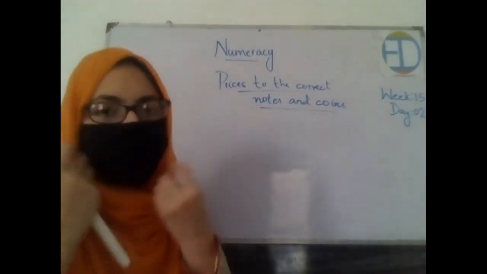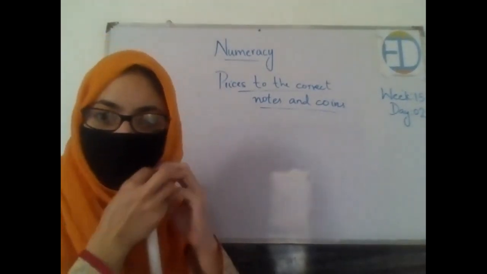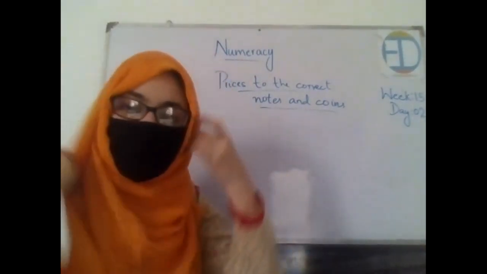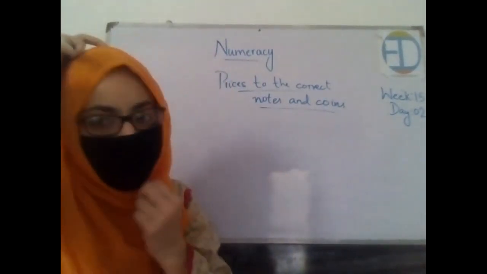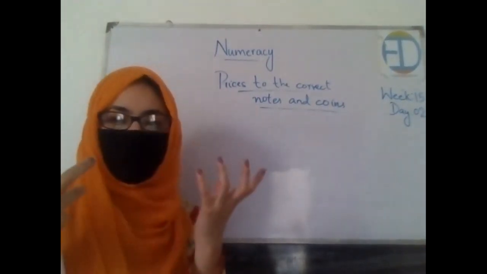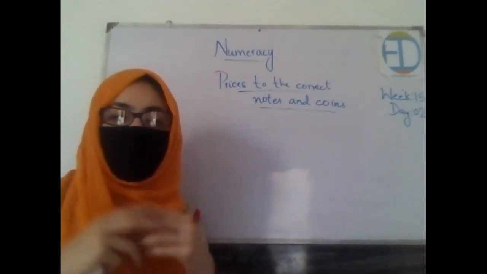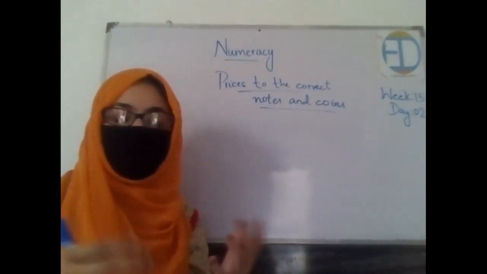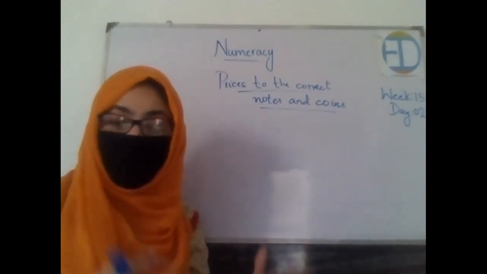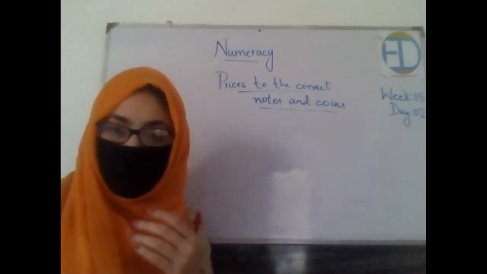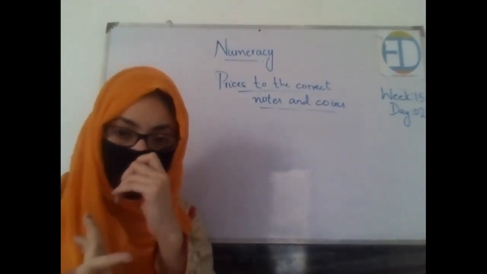Okay, did you guys enjoy the lecture? Was this an interesting activity? Okay, good. Now that was all for today. What we have practiced more of is understanding the value of the coins and notes, right? Let's say if you want to buy something, and if something is of 65 rupees, what coins or notes you will be needing. Similarly, if you want to buy something which is of 100 rupees, which coins and notes you will be needing. So this was more practice of understanding the values of coins and notes.